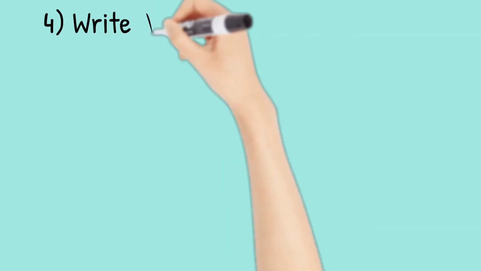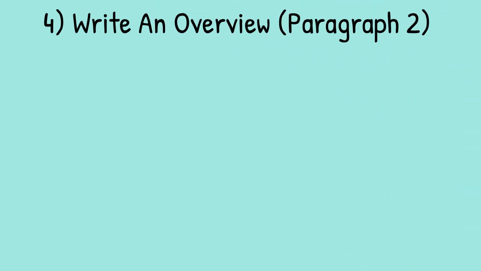Next, we will write the overview, that is paragraph 2. In the second paragraph, you should give a general description of the diagram or process. The details come later in the essay. State the information simply using synonyms where possible. No elaborate vocabulary or grammar structures are required, just the appropriate words and correct verb tenses.